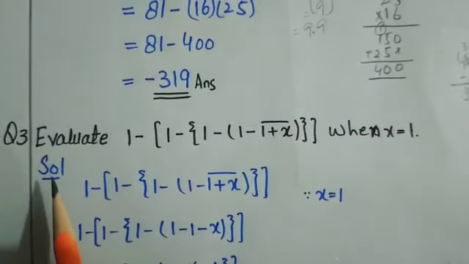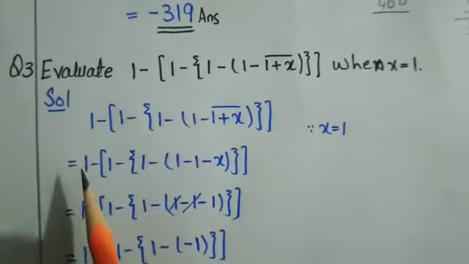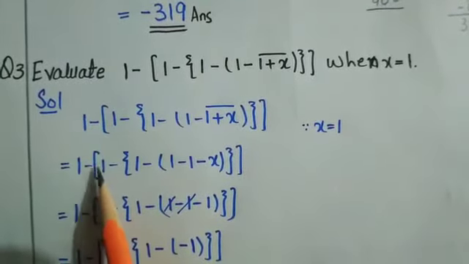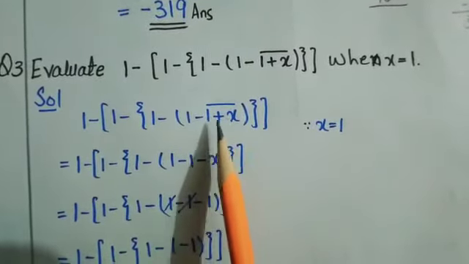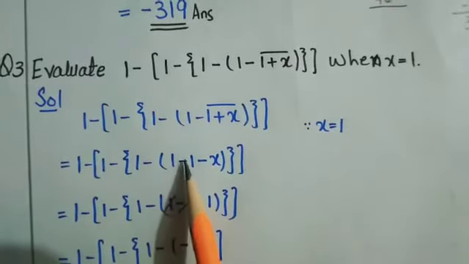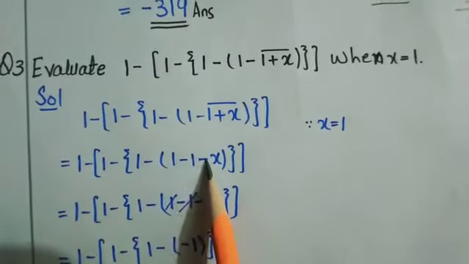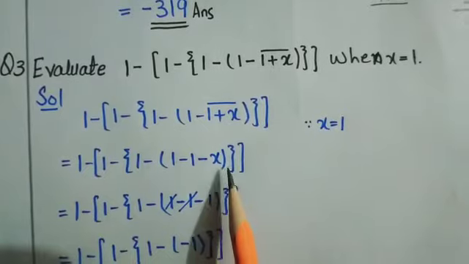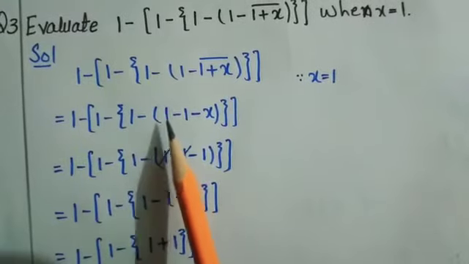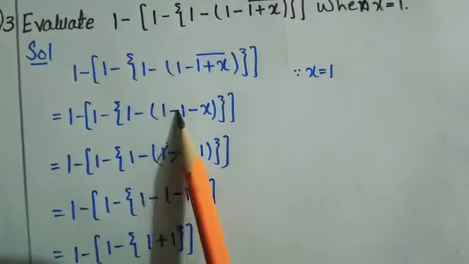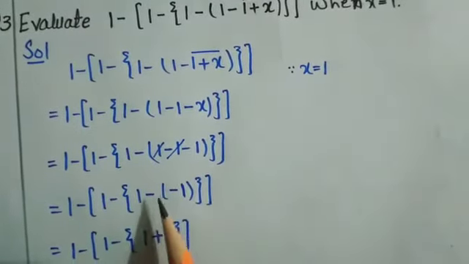So here is the solution. First we keep as it is; you know that x is equal to 1. Further we solve: first negative 1 as it is, square bracket as it is. We solve the bar. Only change the sign between these values: negative 1, 1, negative 1 minus. This plus sign changes to negative, so negative x, bracket close, square bracket, curly bracket and square bracket also close. Further we keep as it is, but these plus and negative are opposite signs with the same value, so cancel this. Remaining is negative 1.